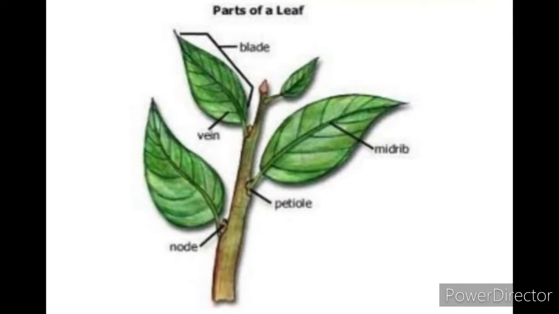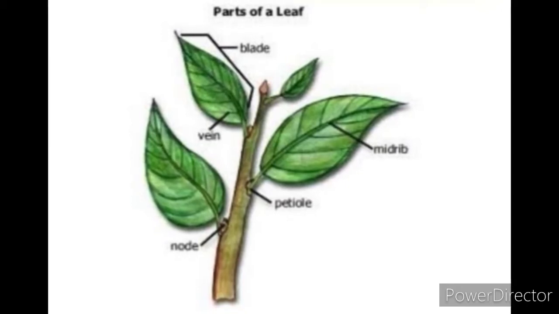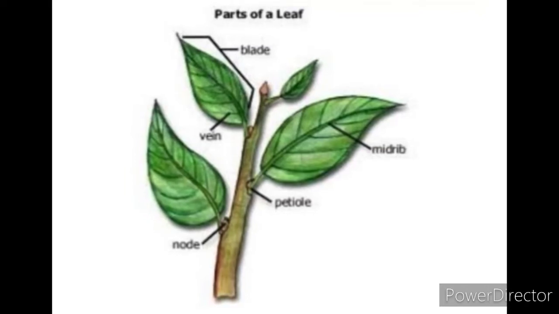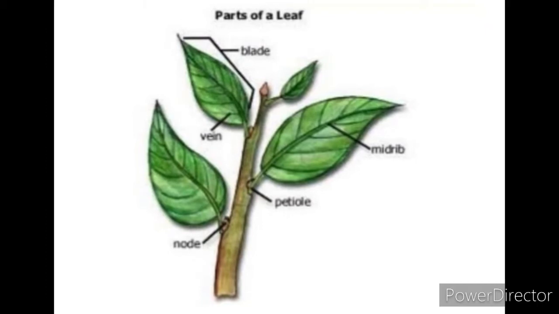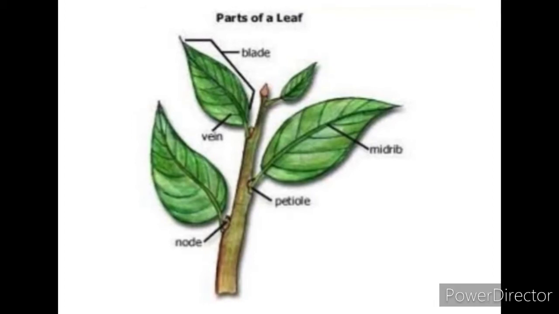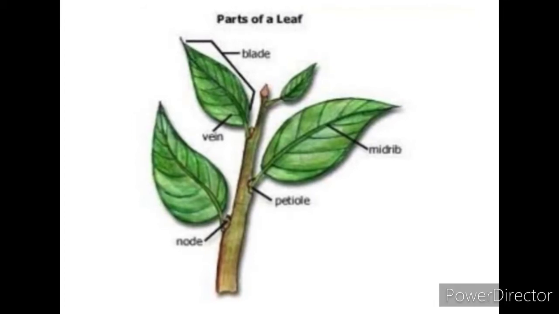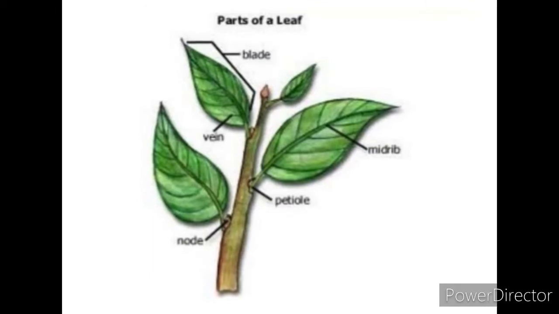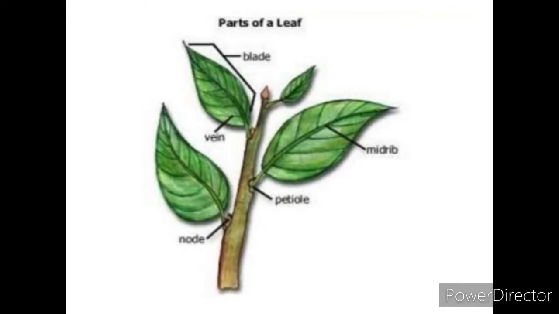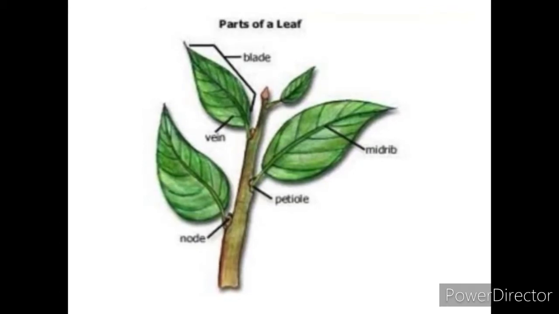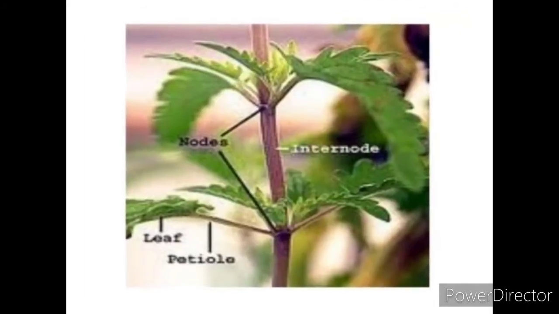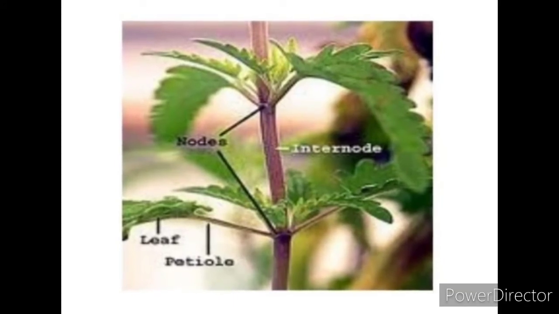Let us see, the leaf is green in color. The green color is due to a green pigment. It is called chlorophyll. Chlorophyll captures sunlight. That sunlight is further useful to prepare food material. Sunlight is participating in the food preparation process. That is why it is known as photosynthesis. Photo means sunlight. Synthesis means preparation.